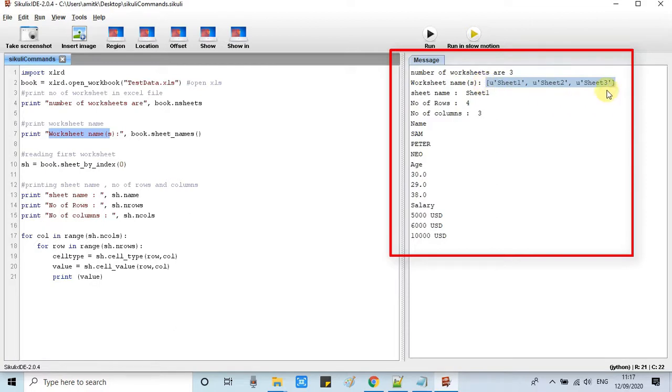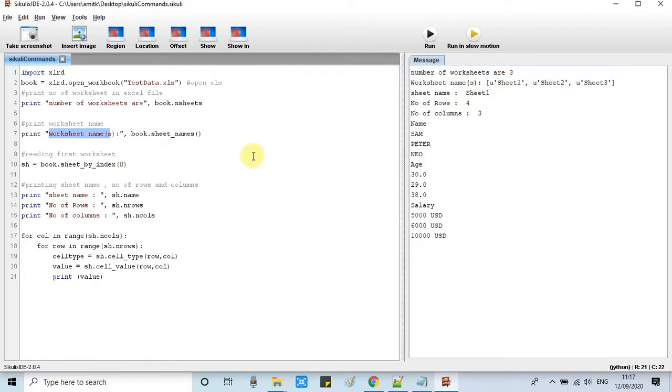And then we have printed some more information from line number 13 to 15, in which we have printed the selected sheet name. So we just picked up the sheet at index 0. Line number 13 prints the sheet name, the 14th line prints the sheet rows, and line 15 prints the number of sheet columns.